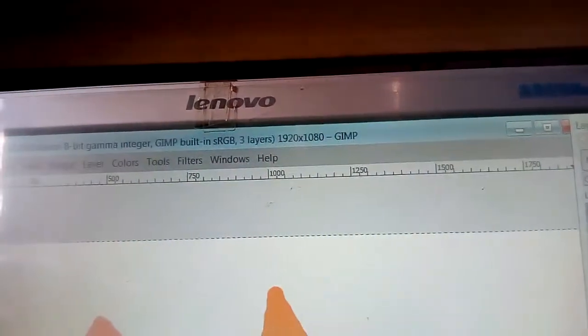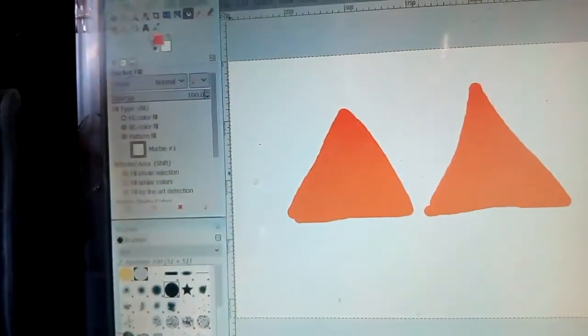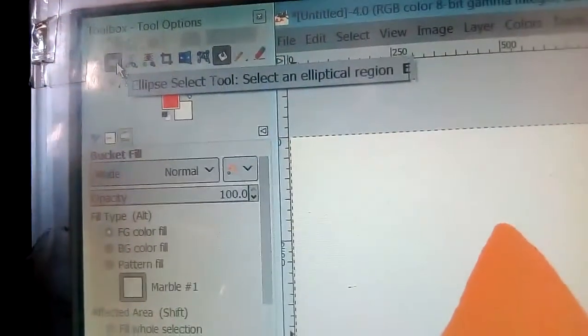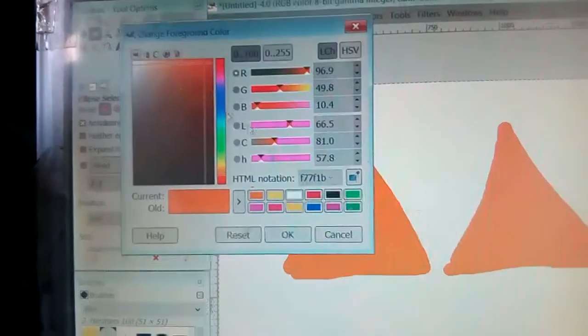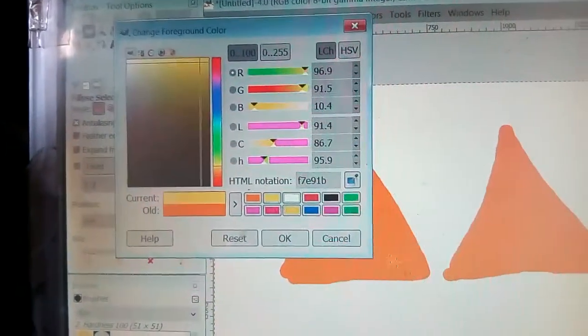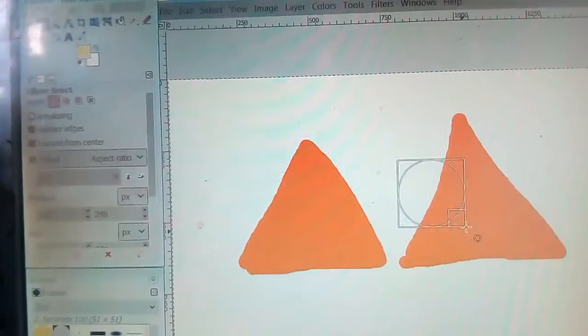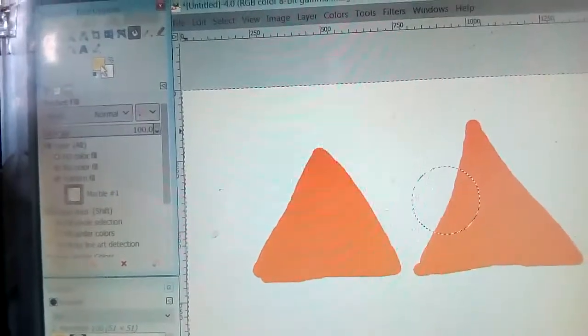Now you can see here the sun layer has opened. So now you can create the sun. For that, first select the ellipse tool here. I think all of you can see this ellipse tool. I am selecting the ellipse tool here, and then select the color of the sun, suppose yellow. And then do it here. Bucket fill tool, yellow color is here. Now click over here.